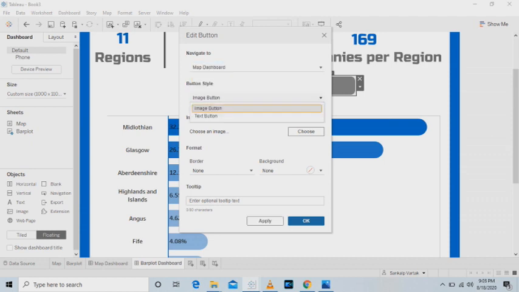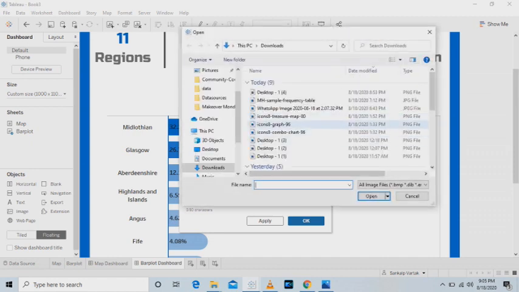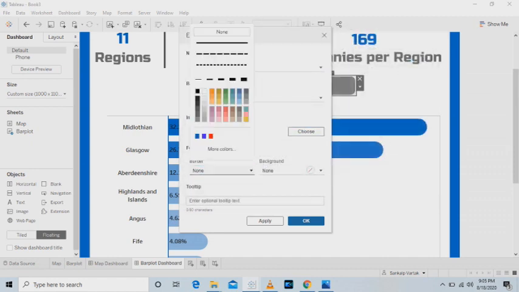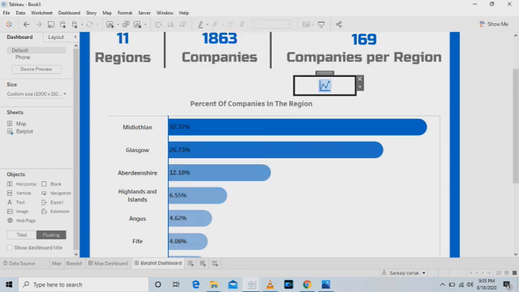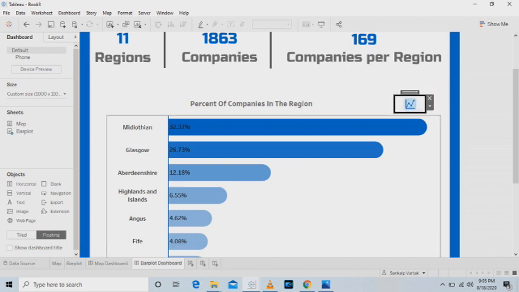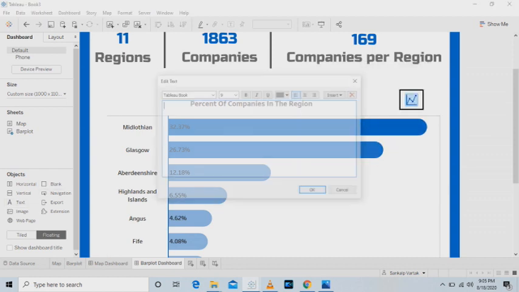First navigate to map dashboard. Button style is image button. Choose your image. So I have downloaded one image for that. Select border to the middle one. Select color black. Similarly adjust the size of this button.